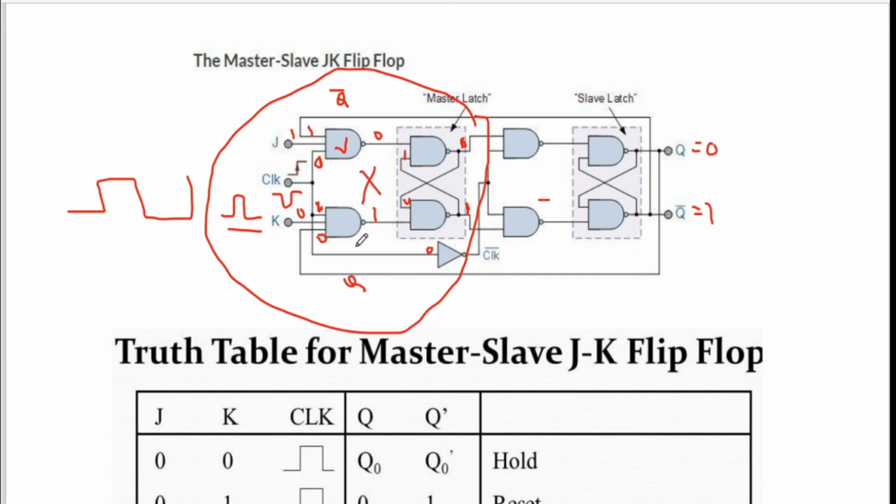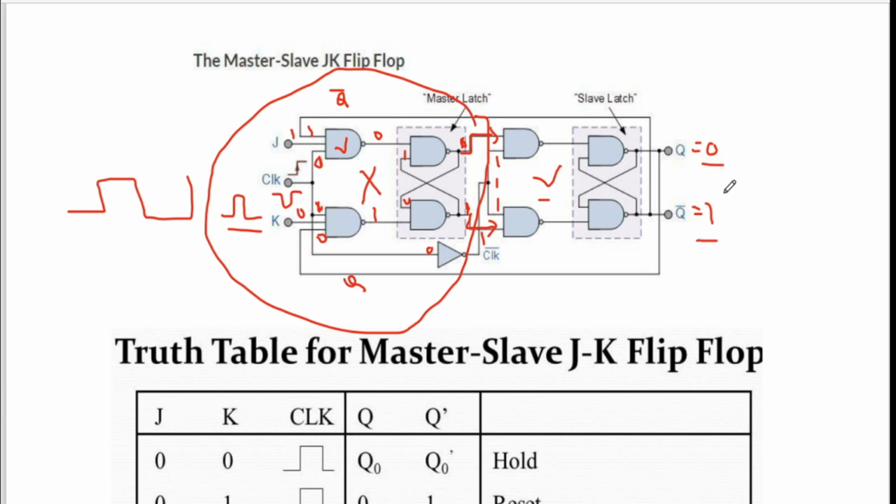So this SR flip-flop, that is the master, will be inactive, whereas now the slave will be active. Why will the slave be active? Because now we have a negative clock pulse and a 0 coming, and the NOT gate will convert the 0 into 1. This 1 and whatever output we have received from the master will be added as an input to the slave, and now the slave starts performing the necessary operation, and we get the values at Q and Q bar.